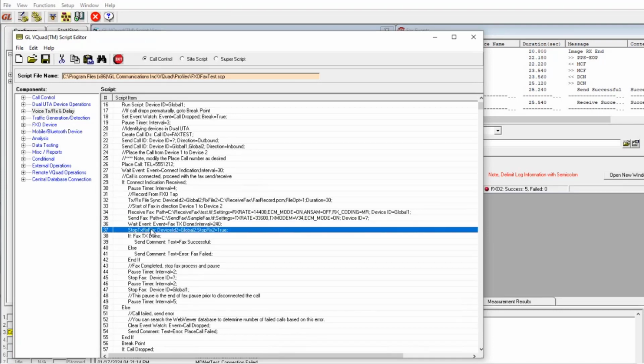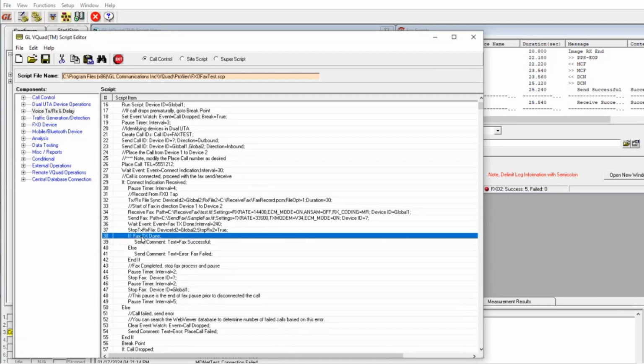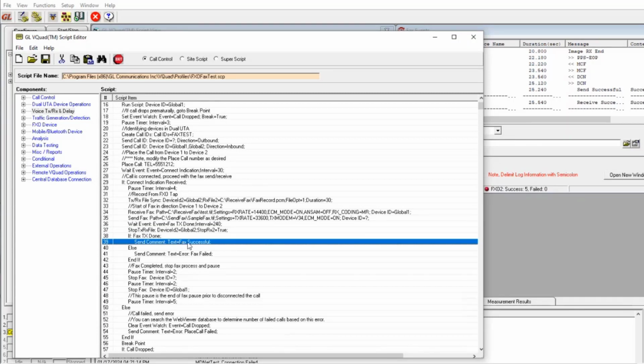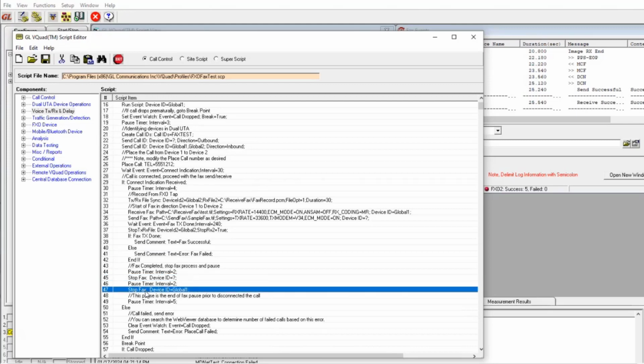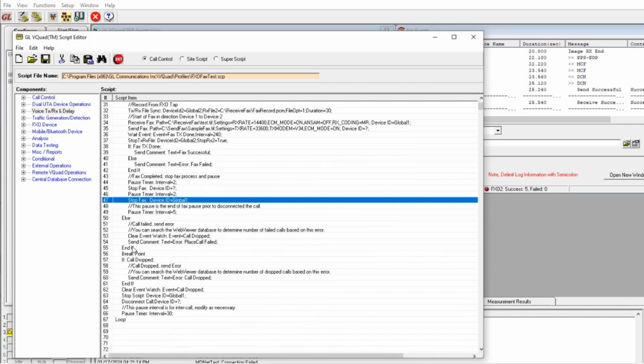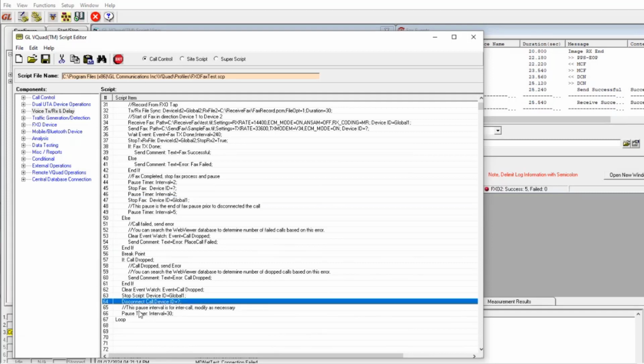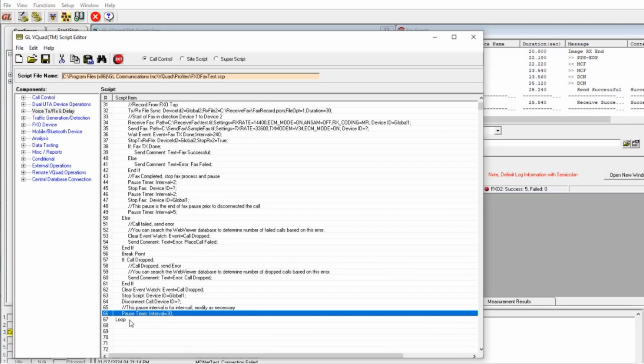stop the record for the tap, and then if the fax completed, I'll generate a comment that says fax was successful. Otherwise, I'll say fax failed. I'll make sure that the faxes have been stopped regardless. And then down here, I will stop the script and disconnect the call, pause for 30 seconds, and then go